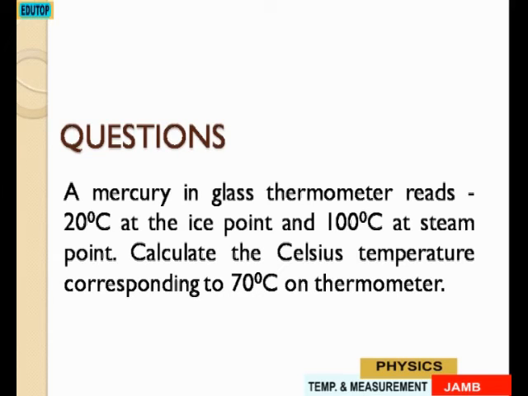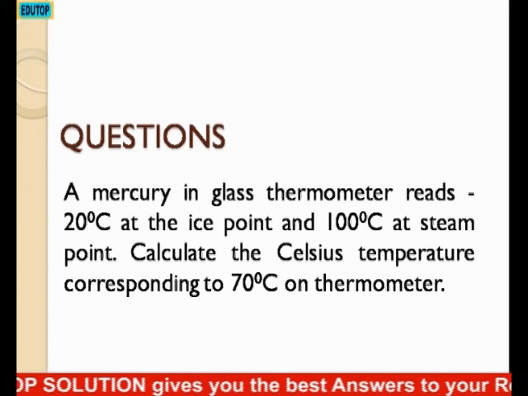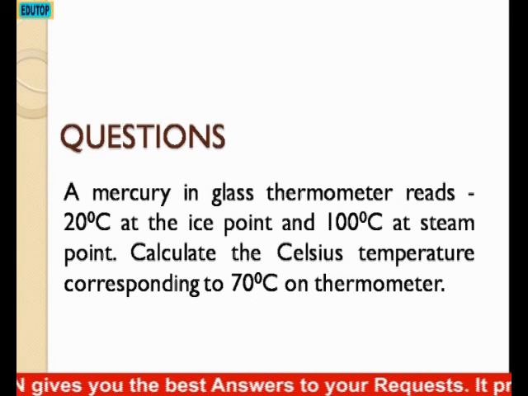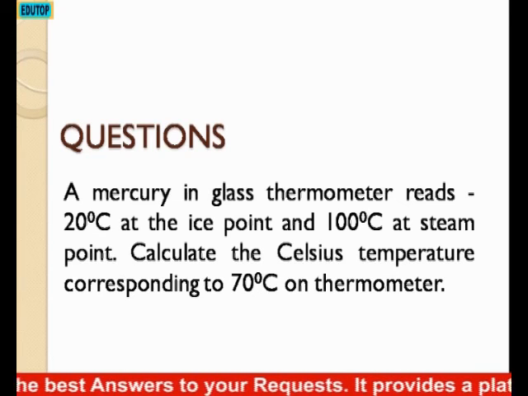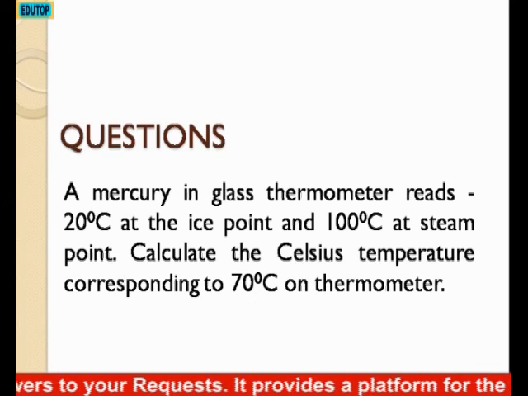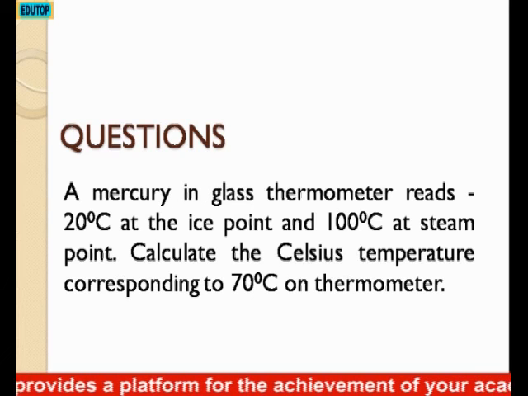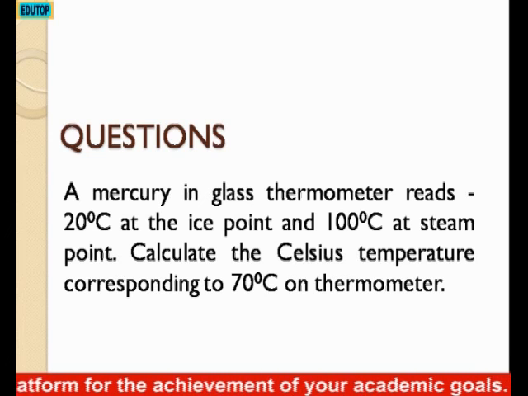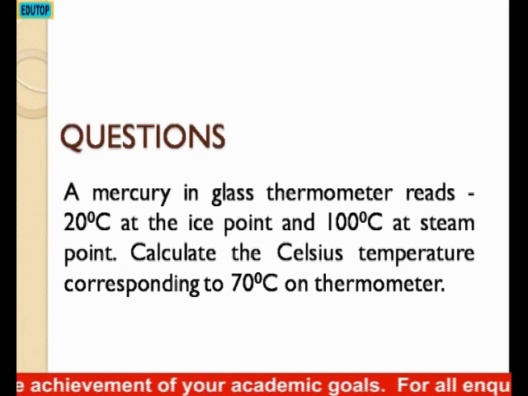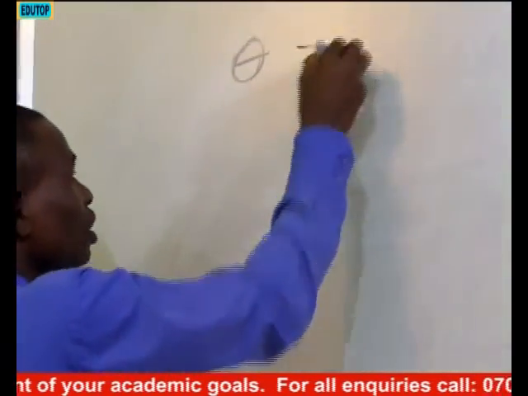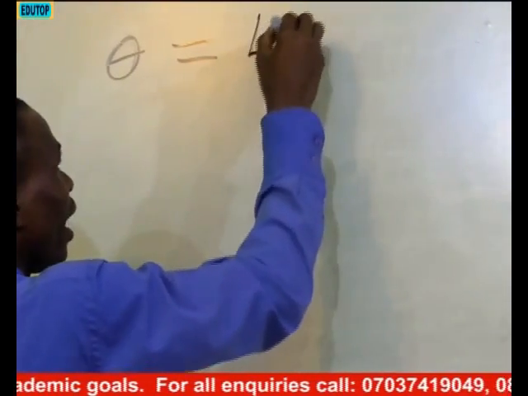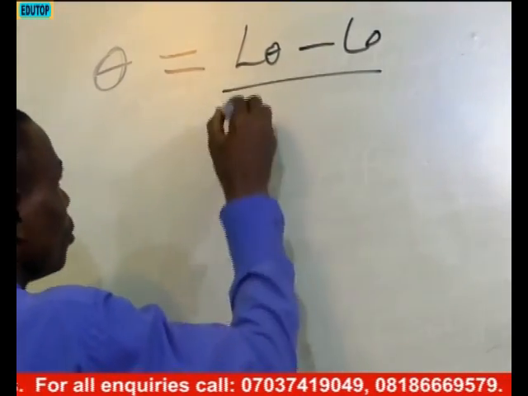Okay? So a mercury in glass thermometer reads 20 degrees Celsius at the lowest point and 100 degrees Celsius at steam point. Calculate the Celsius temperature corresponding to 70 degrees Celsius on the thermometer. Okay? In this case, this formula given to you the other time is applicable. The value we are looking for is equal to L theta, L naught, L